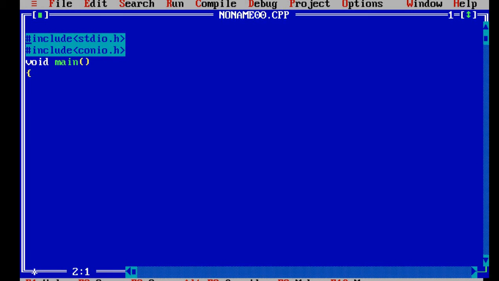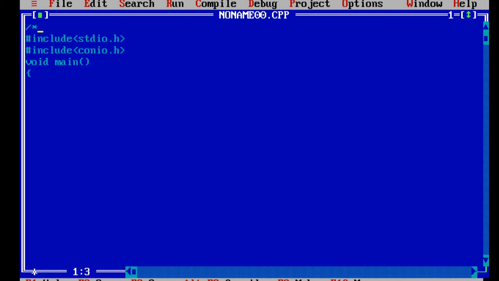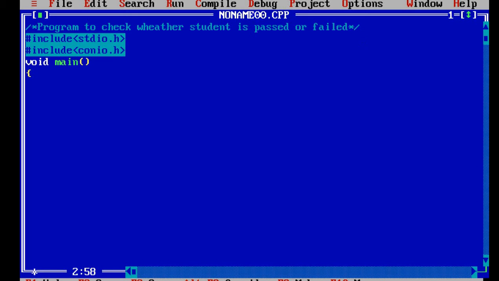So we give the program name first in a comment: /* program to check whether student is passed or failed */. Okay, the comment is completed.